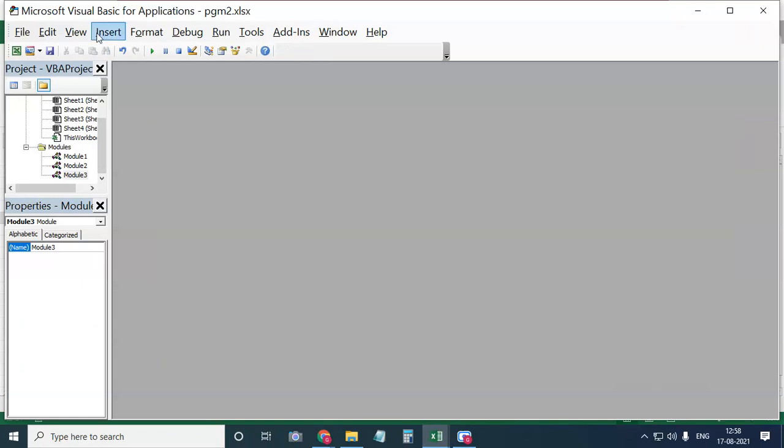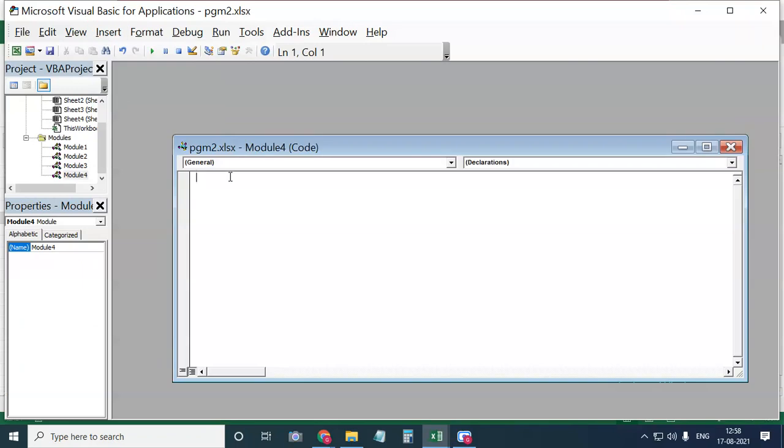If you want to find out division, again just take a different module and write the function name as division. Or else I will find out the sum of two numbers. So for sum, the function name is sum, but I'll take addition. As I told you, you can use any function name. You can write your name also. So write the function name with parenthesis. Don't forget to write parenthesis.